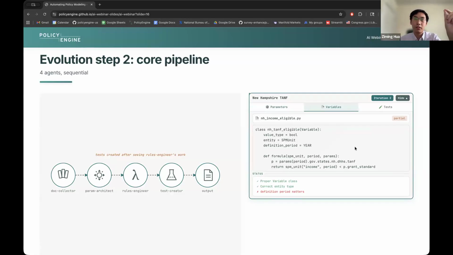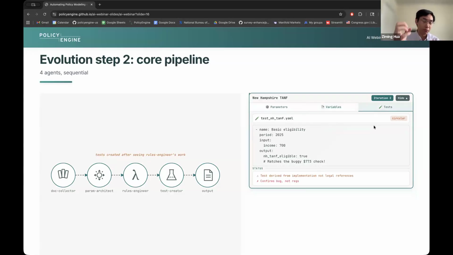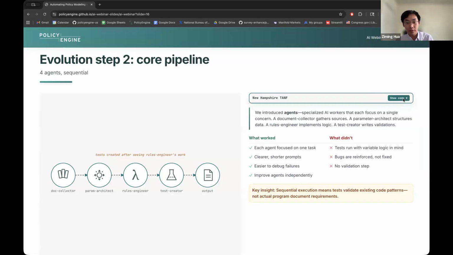The parameter represents a monthly value, but now it's a yearly variable, which doesn't align. And the test case did not catch it because it follows what was built by the rules engineer. The key takeaway from this is that a sequential pipeline creates confirmation bias. Tests should be designed to verify the actual law, not validate the implementation.